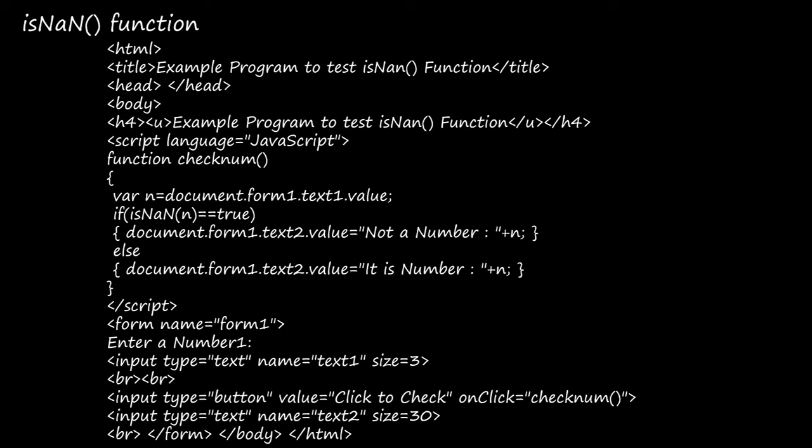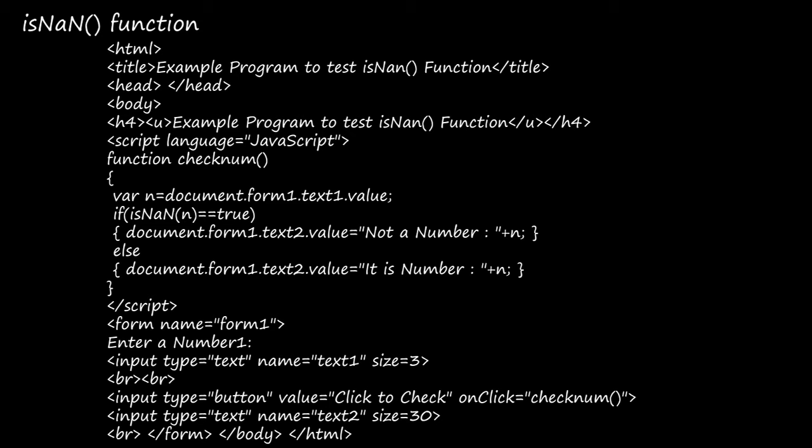So when you are clicking, it will just check the number and then it will give you the output. Right here, input type is equal to text, name is equal to text2, size is equal to 30. So here you can see the text size is 30, so you can enter 30 words also, right? From the first, we have the script tag, and then function check num of. That one we are calling here, from the last third line you can see check num of, right?